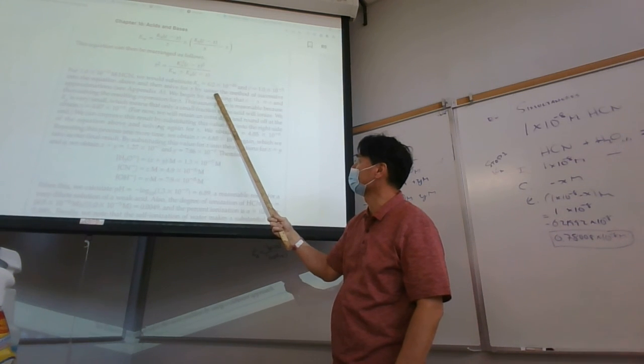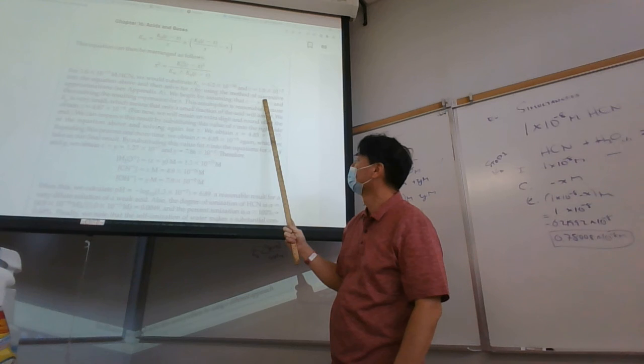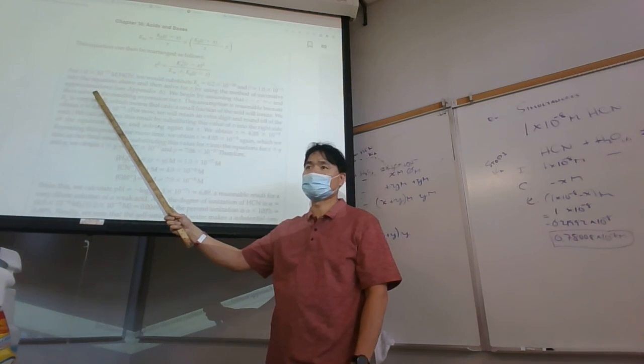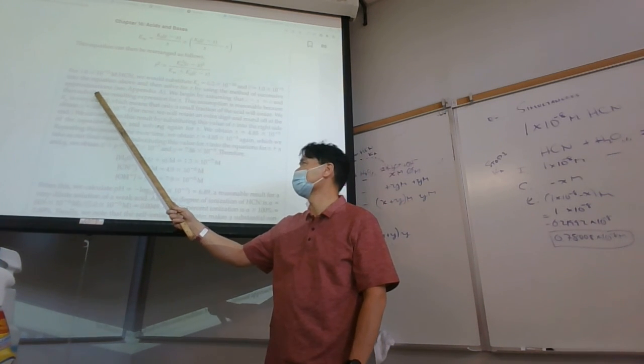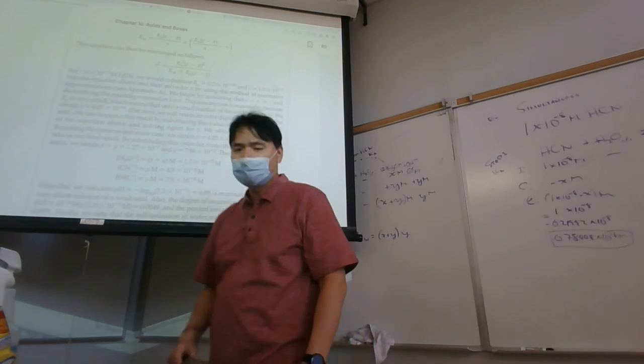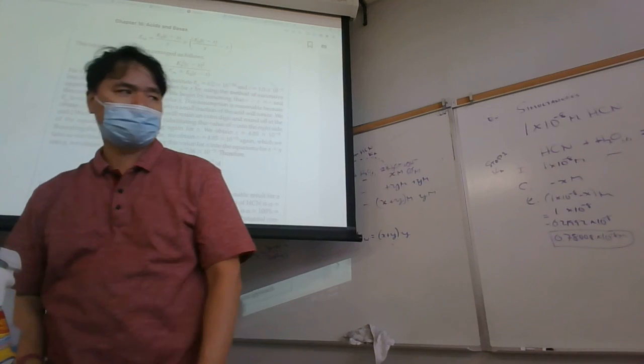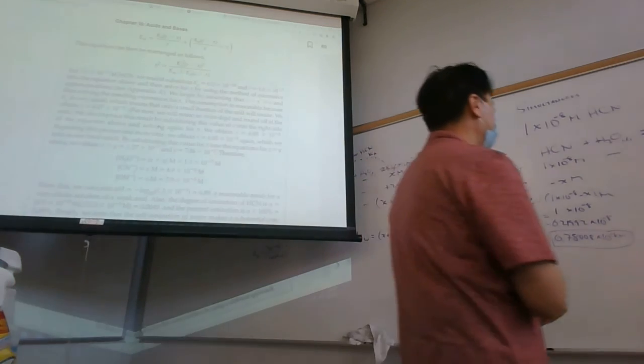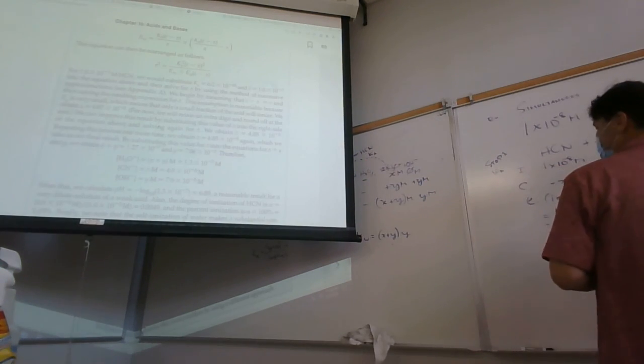Here they're using the method of successive approximations to solve for x because the algebra isn't so easy. See Appendix A. And so what this means is that